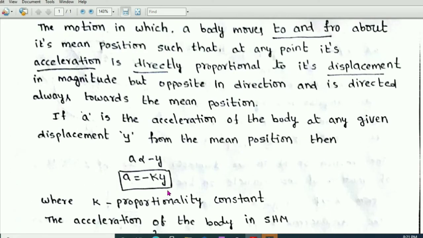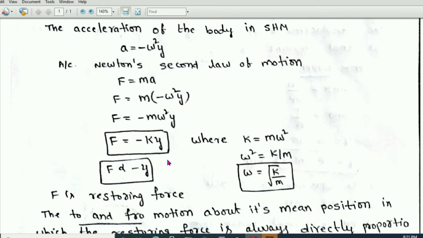So one way of defining a simple harmonic motion is: acceleration is directly proportional to the displacement in magnitude but opposite in direction. It is a to and fro motion. So another way of defining simple harmonic motion is, here F is the restoring force because it is in the